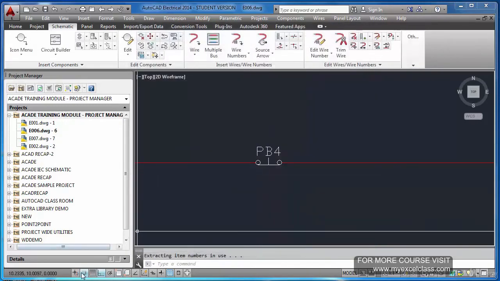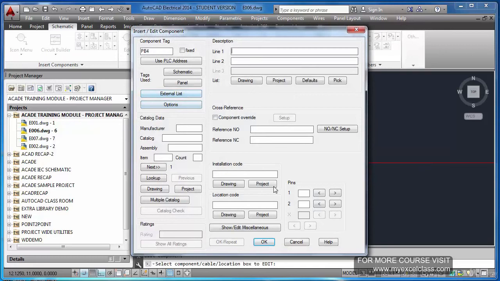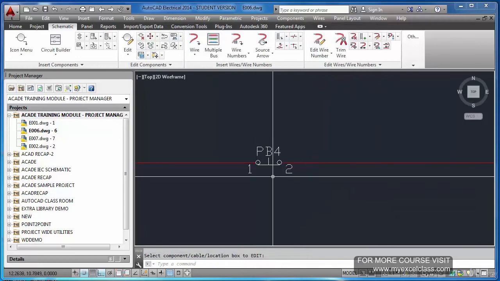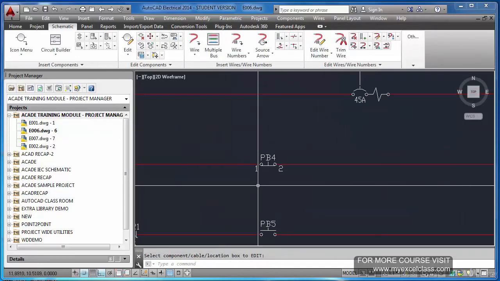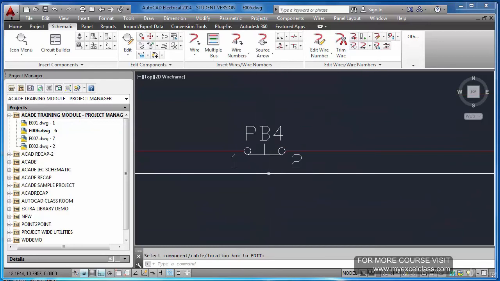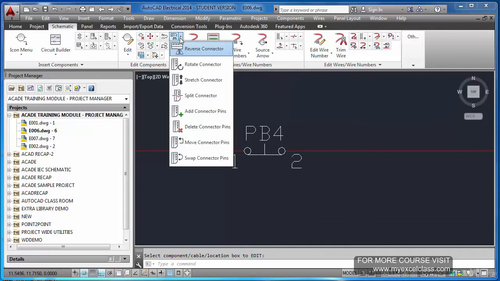So in that case what you should do is, for the time being, switch off this and select. Now I am just putting 1 and 2 as pin numbers here. Maybe after some time I realize this should be in the reverse order. 2 should come first, 1 should go second.